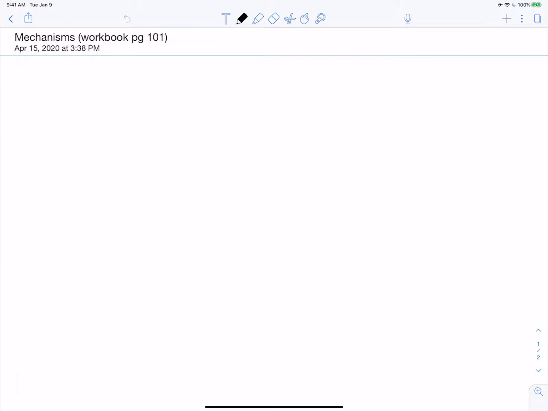Okay, so in this video, we'll work through some of these mechanism problems from the workbook. Let's take a look at these. So our first one, this is on page 101. Our first one is